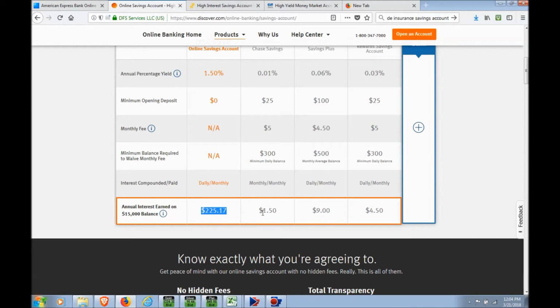Okay. But look what you get at these other banks. Look at this. $1.05, 50 cents, $9, $4.50. Not much compared to